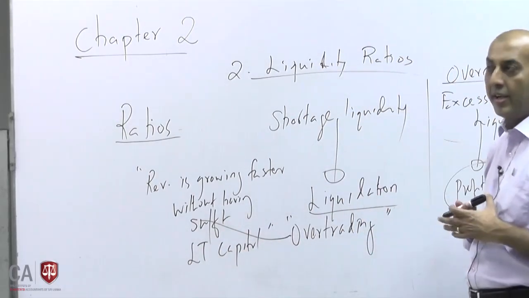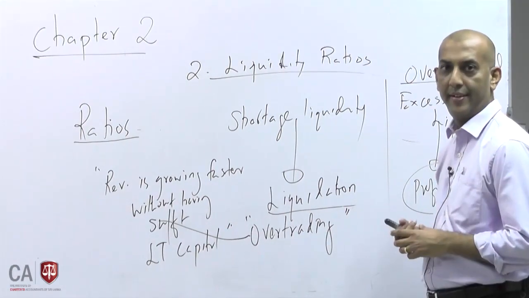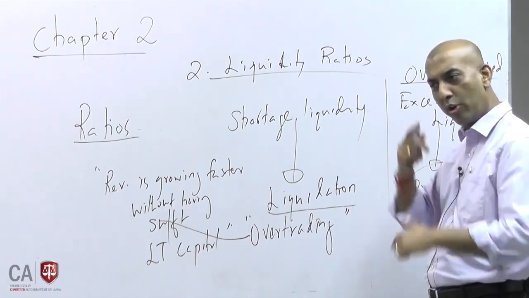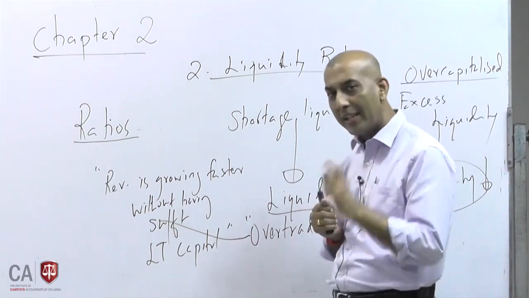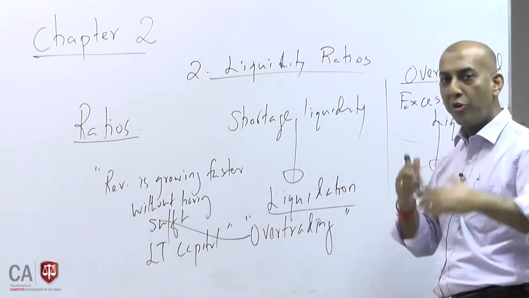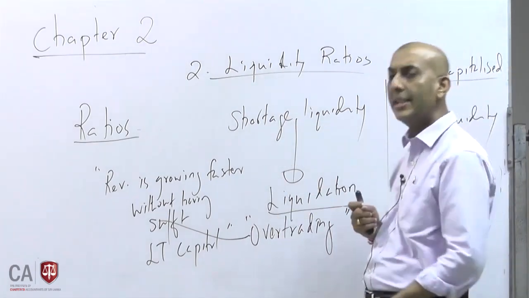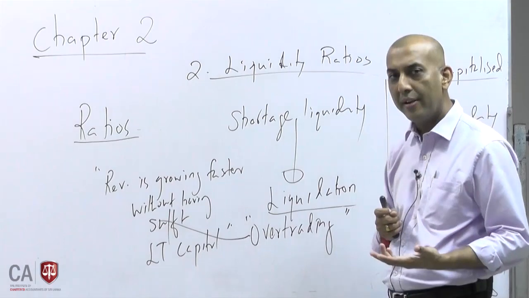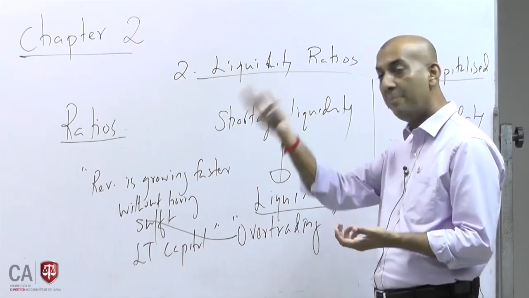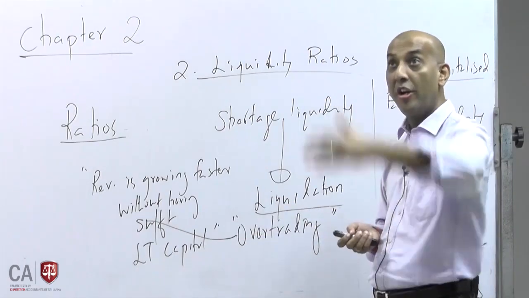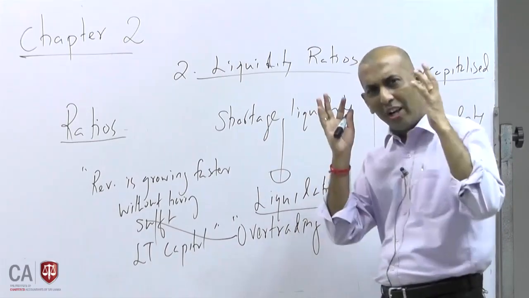If your company has been growing for the last 3 years, for example, at a 25% growth rate, revenue growing at 25%, very good growth, very good sales happening. But in order to sustain that growth, you have to be investing in the company. For example, you want more sales next year, expansion, what has to be done? You have to invest in your inventories, in your debtors, in buildings, in people, in furniture, fittings, showrooms, branches, all of it. So those are all investments.